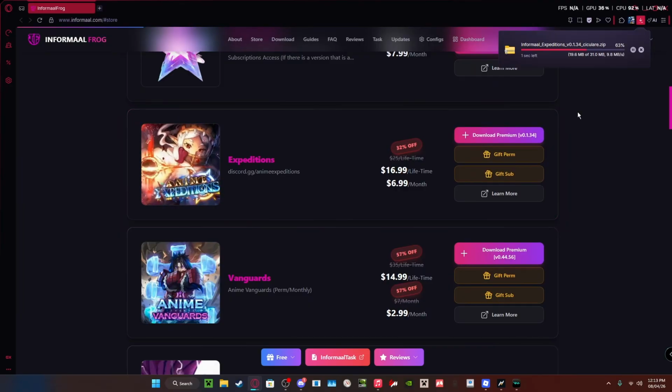So here we go. I'll first download this. It'll come in a compressed file format. Okay, now you have to turn off antivirus temporarily. I know this sounds crazy, but it's necessary for the Informal macro because the Informal macro is a false flag,